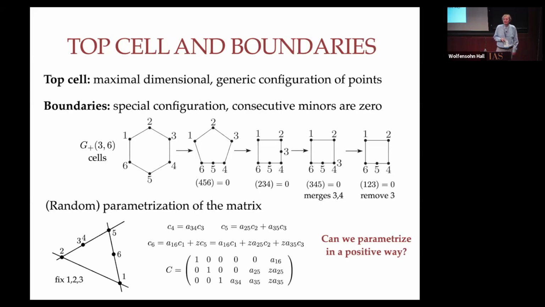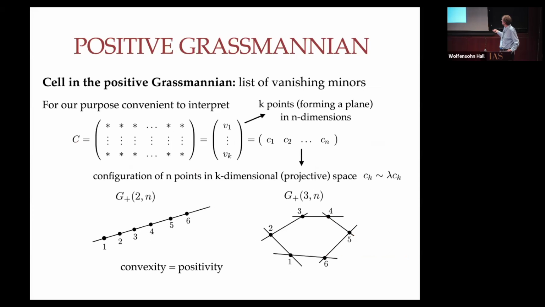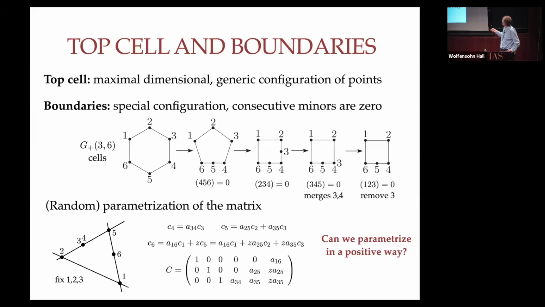Now, the top cell is the space which is maximal dimensional. So here we have the top cell. There are no constraints imposed on these points. No minors are 0. And the boundaries, the lower dimensional cells, are obtained by specializing these configurations and pushing some of the points to special locations